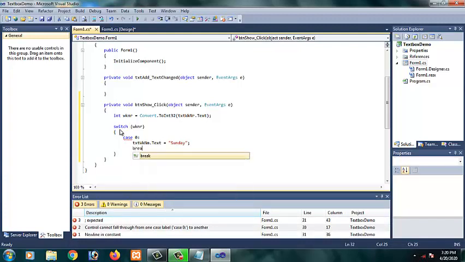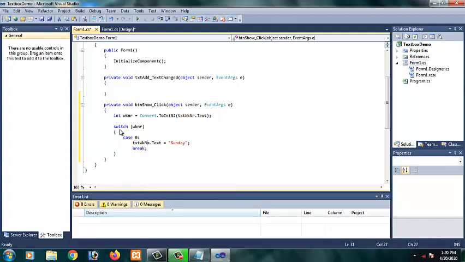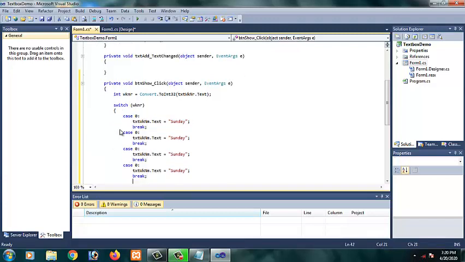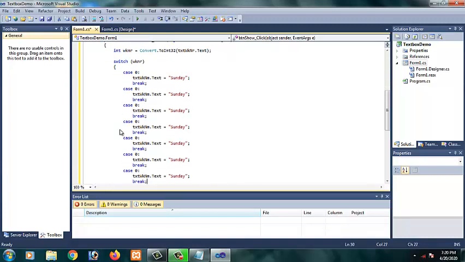Then break to come out of the switch case. Likewise, you have to do it for all the week names. So let me copy it for Monday, Tuesday, Wednesday, Thursday, Friday, Saturday.